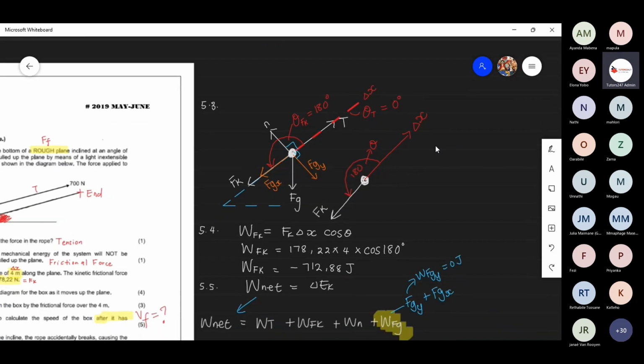Based on what we already know from Newton's second law of motion, this angle over here is the same angle as our incline, that is 30 degrees. Now, our Fgx is normally drawn here, so let's just call that x. We can see that the position of Fgx relative to our 30-degree angle is opposite. So we are going to use sine, because sine is the only trig identity that makes use of opposite in